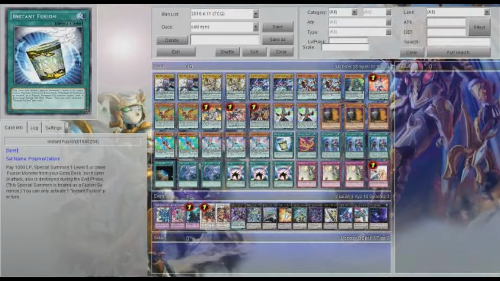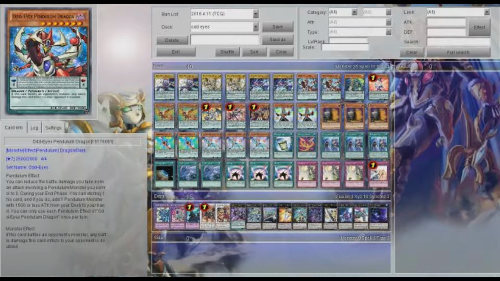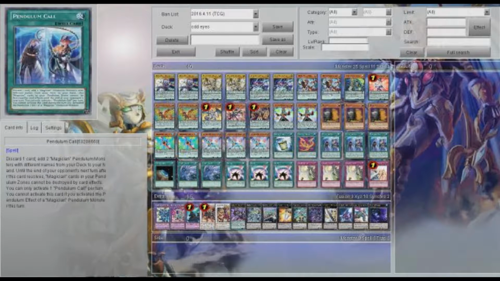And of course, if you do run more than one instant fusion and you've already used it, it's a great target for Twin Twister, because Twin Twister doesn't have good targets except for your magicians that you can add back with Oath Dragon. Pendulum Call, you have to discard a card, but it replaces itself and the card you discard is a scale. Like it's a scale that doesn't go away and your opponent can't get rid of until your next turn,